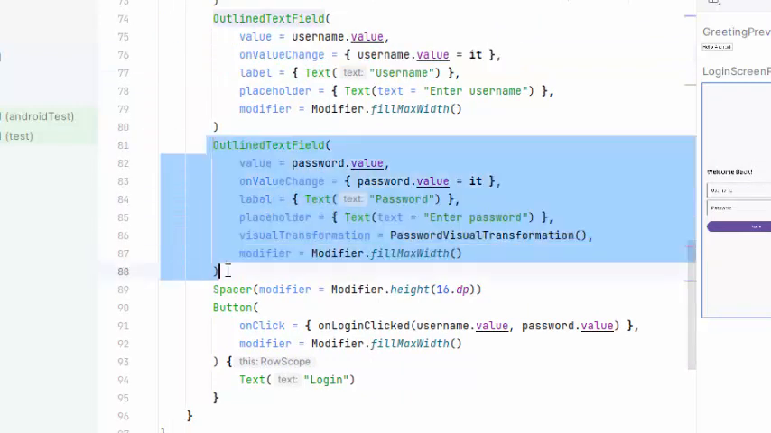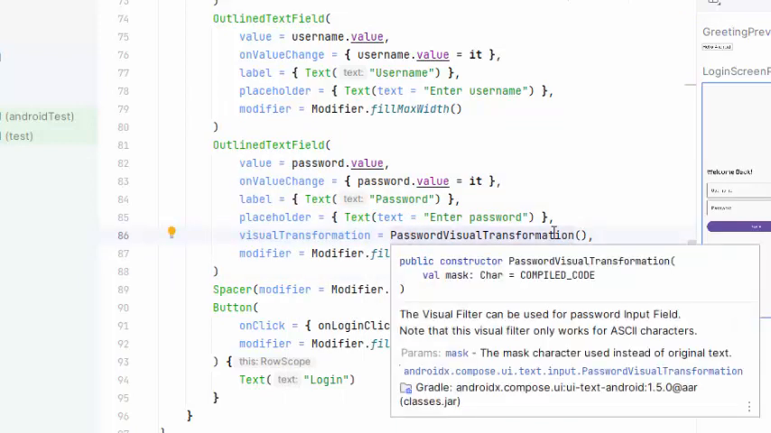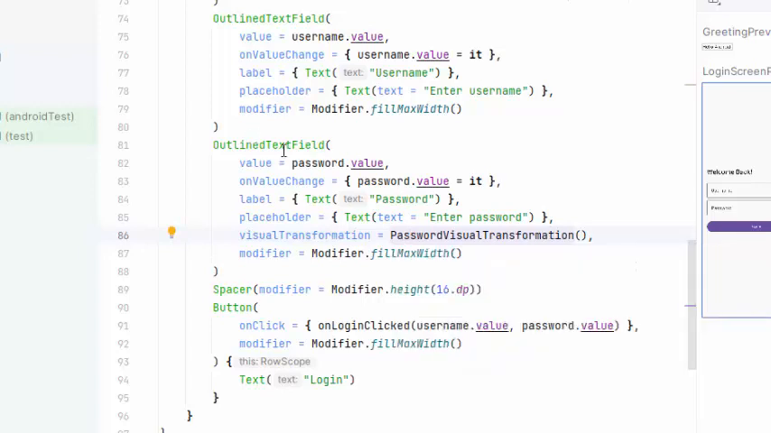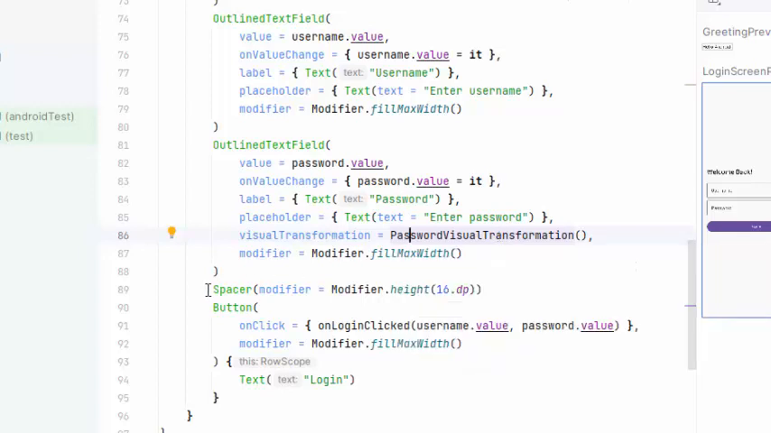Similarly, we created a password field, which is also an outlined text field. But what makes it a password? This one, password visual transformation. This will change this normal outlined text field into a password visual transformed field, so everything typed into it will be converted to asterisks. Then we add a spacer of height 16 dp and a simple button which emits an on click